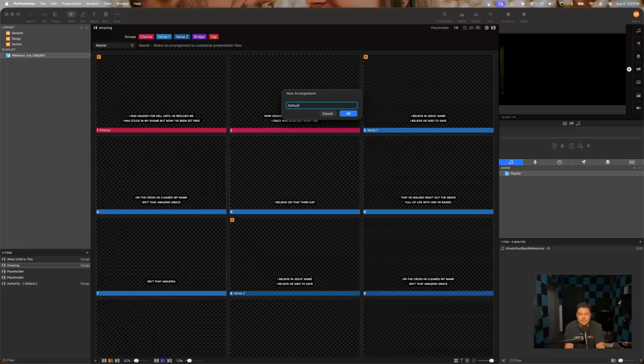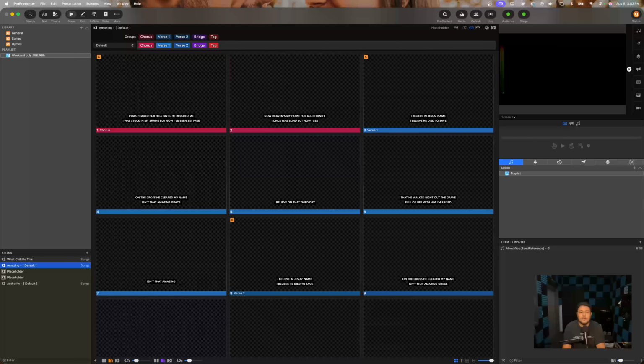You can call it whatever you'd like, sanctuary, youth, whatever you want to call it. So what we would do is our worship leader gives us the chord chart for the week, and on their chord chart, they have the order of the song. So we're not actually doing this song during our service, so I don't actually know the order of the song,